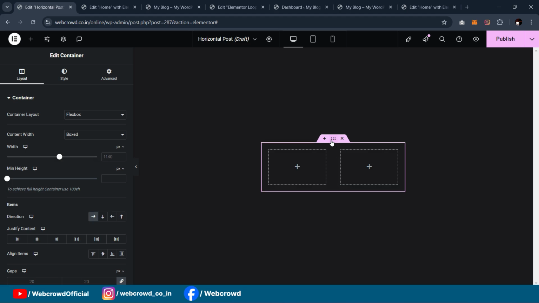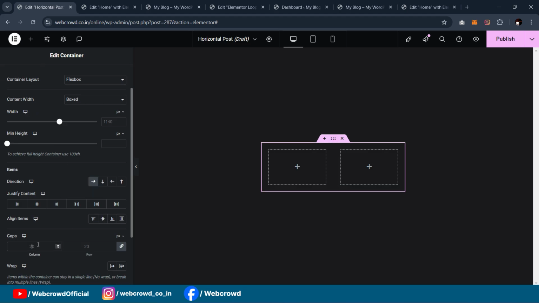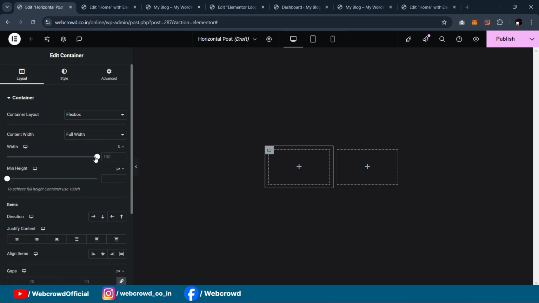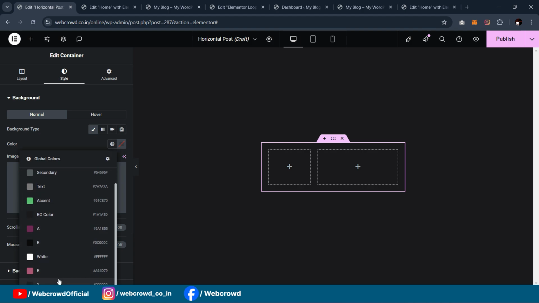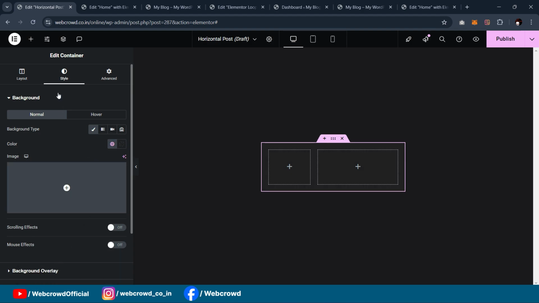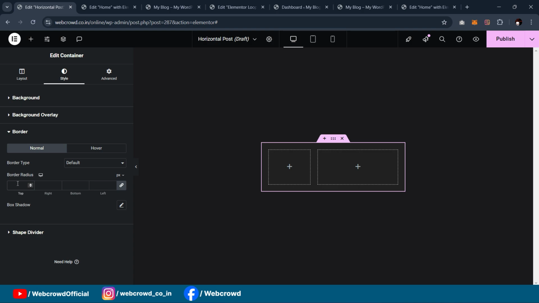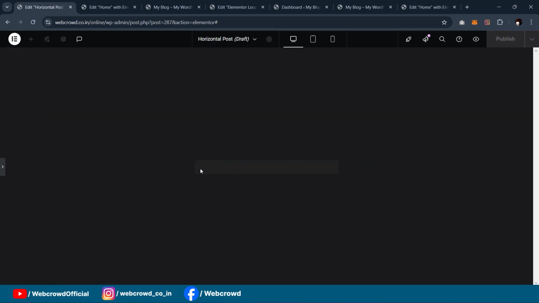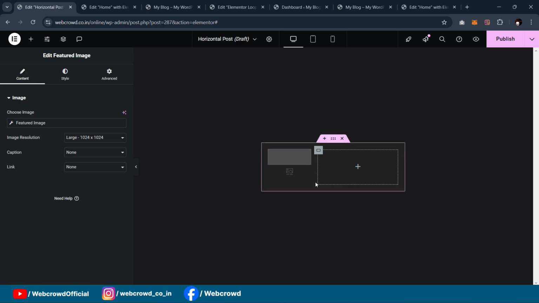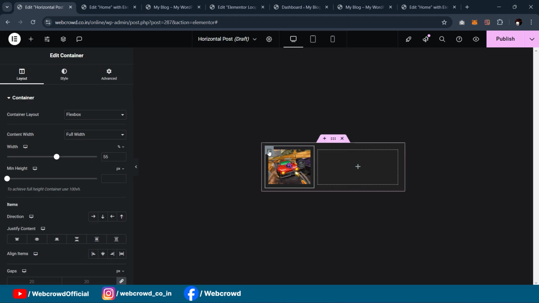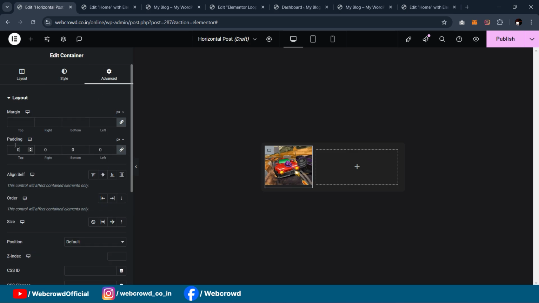Okay, now select this main container and we have to remove the gaps in this way. Here reduce the size of this first container. Let's add some background color like this. Also add the border, which is 8. Okay, like this. So we have first featured image. Here is the featured image, just drag and drop. I will simply remove the padding from here. Okay,